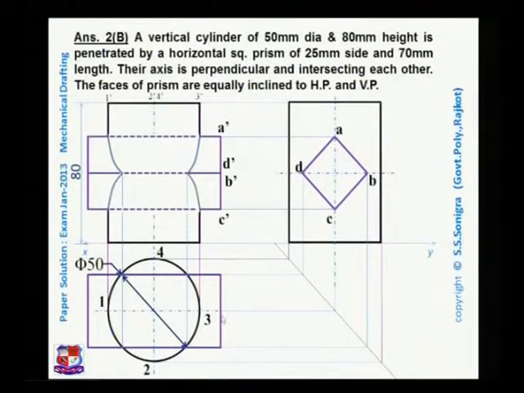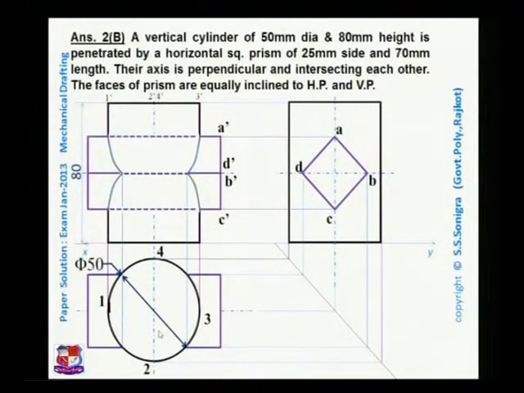Now think about this top view. In the top view this line indicates the edge of this square prism, that is D edge, this is D edge and this one is B edge. As the square prism is inside the cylinder, this edge would not appear, hence it should be erased, and at that particular place we should draw dotted lines like this. These two dotted lines indicate the edges of this square prism, edge B and edge D.